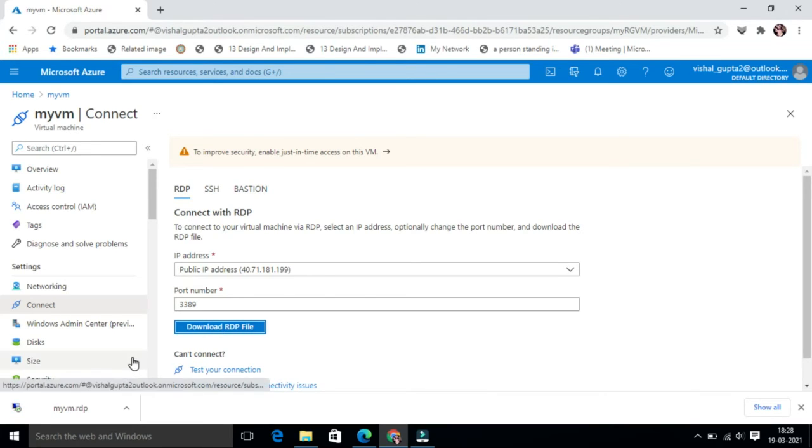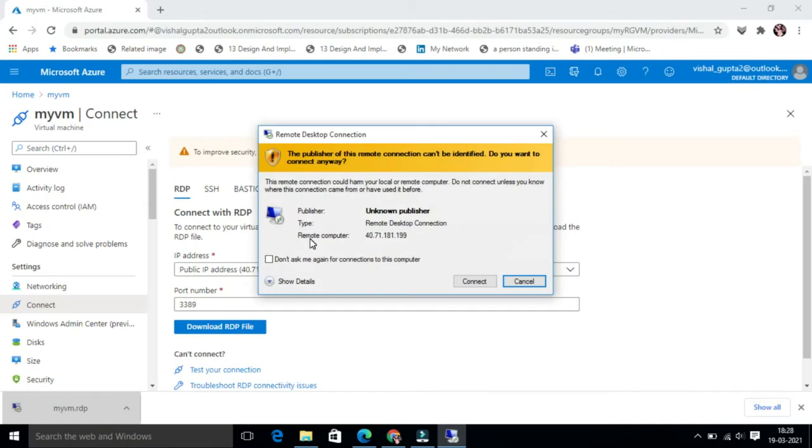Now open the downloaded RDP file. Check don't ask me again for connections to this computer, and click on connect.